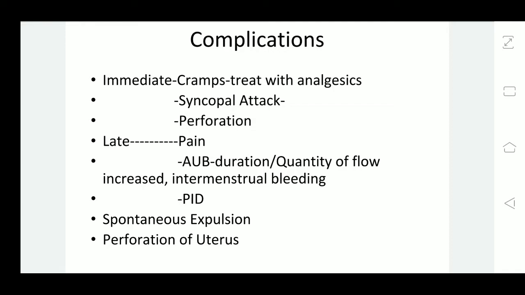As I already told, the bleeding may be more number of days than the normal menstrual cycle, or there may be more quantity of flow every day. Instead of one pad, she may be using 3-4 pads, so the flow is increased. Or there could be intermenstrual bleeding in between 2 cycles. She may be experiencing bleeding, spotting, or heavy bleeding.